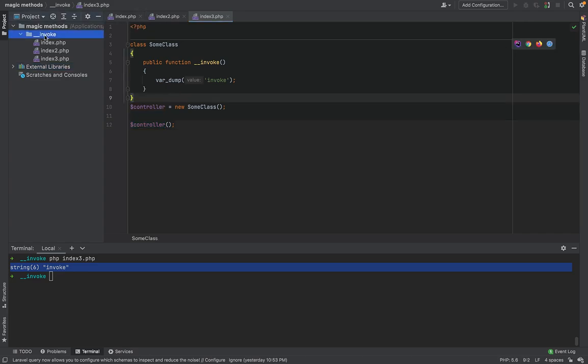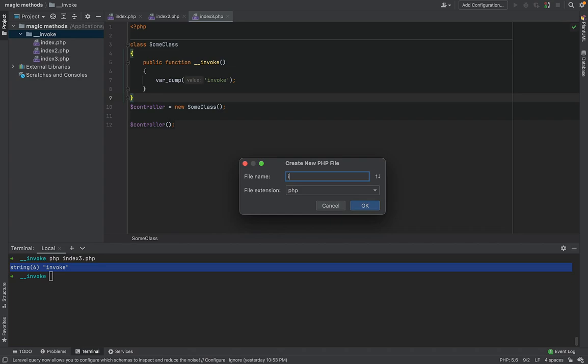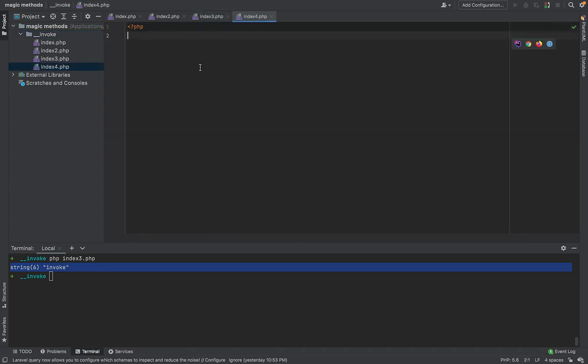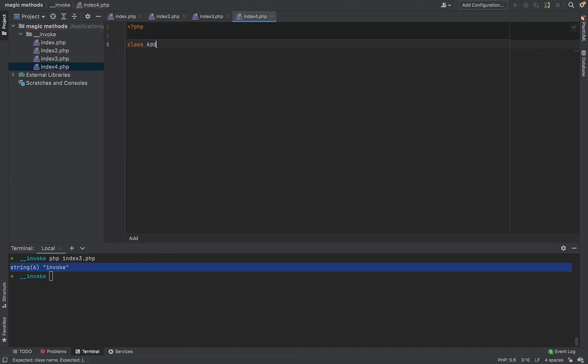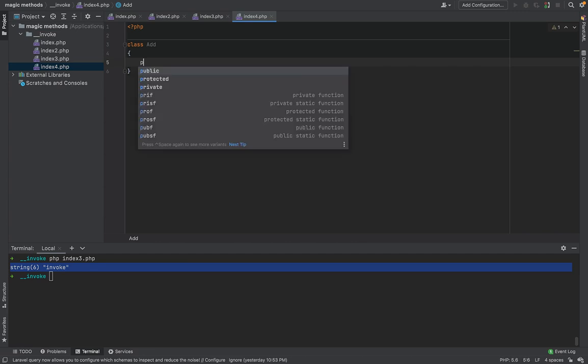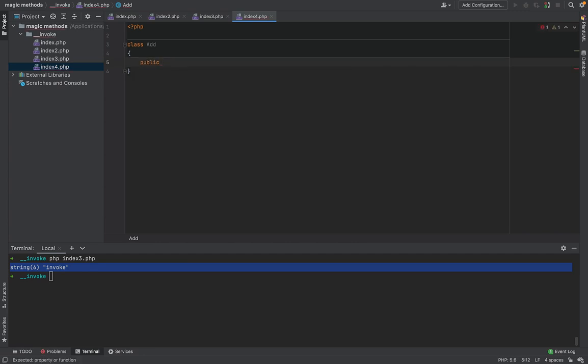So if I want to demonstrate an example, a simplistic one, but maybe come handy, I say we have a class add with obvious functionality to add up something to something else.